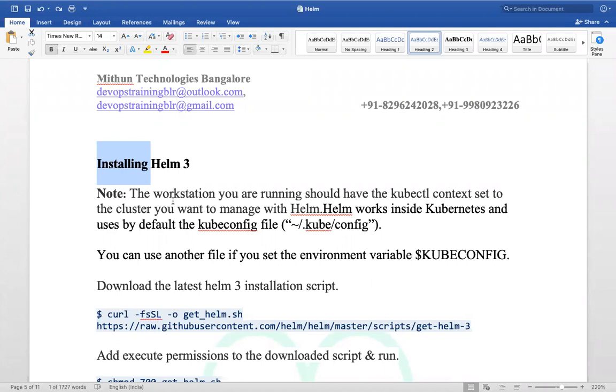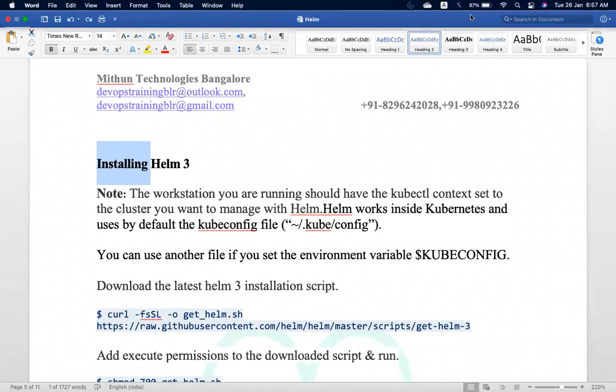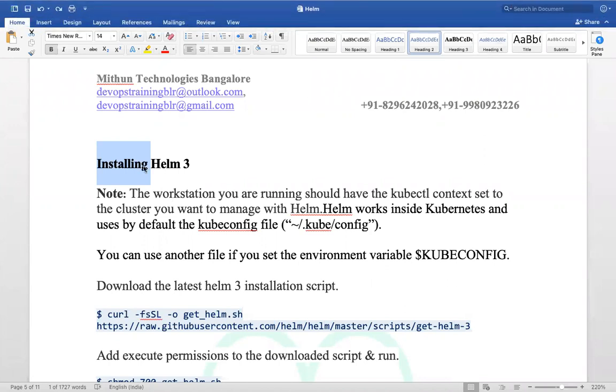Suppose from your Jenkins server, from the Jenkins machine, you want to talk to the API server of the Kubernetes cluster, and you want to install a Helm chart. Do I need to install Helm software on Jenkins? Client machine. Suppose as a developer, as a DevOps guy, from your laptop, you want to deploy the applications in a Kubernetes cluster, those Helm charts. What software is required on your laptop? It's a client, Helm client, right? This Helm software.